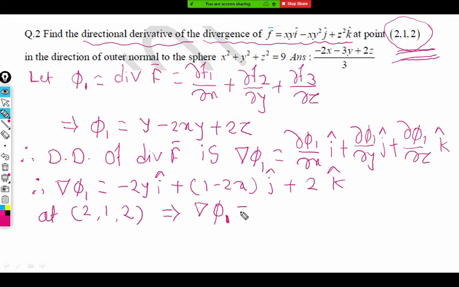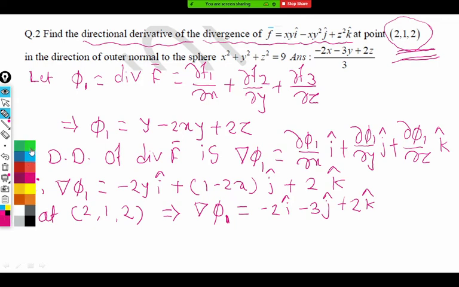So what is the value of del phi 1 at this particular point? It is minus 2i, minus 3j, plus 2k. Very good. So what is this del phi 1 actually? This del phi 1 is nothing but the directional derivative of the divergence of f bar at 2, 1 and 2. But now the last part is left. The last part of the question is here: